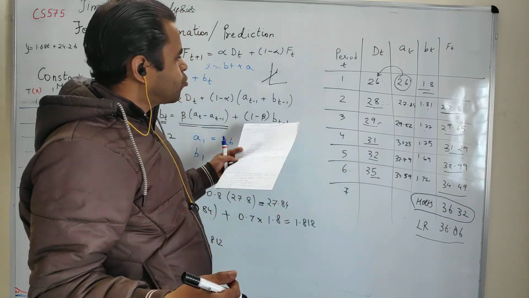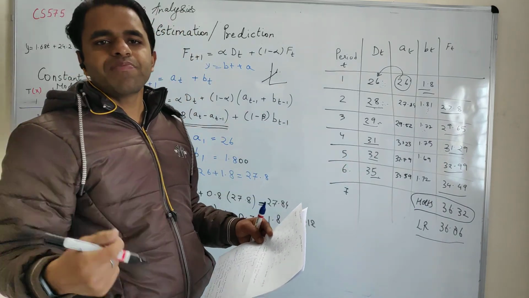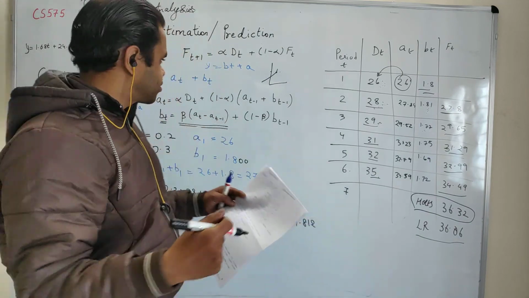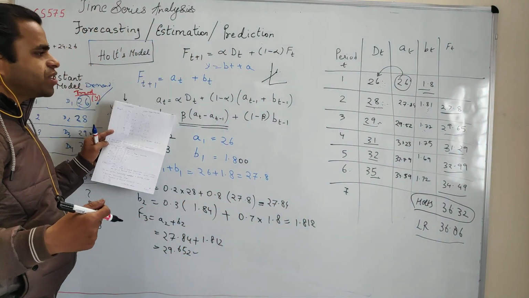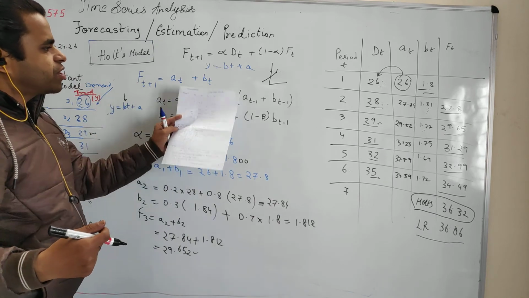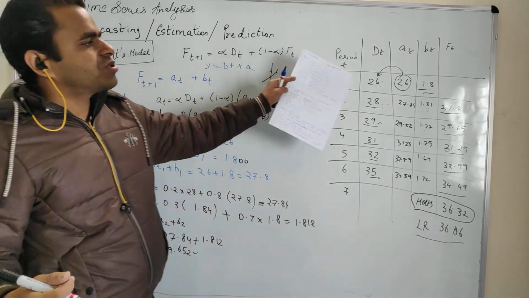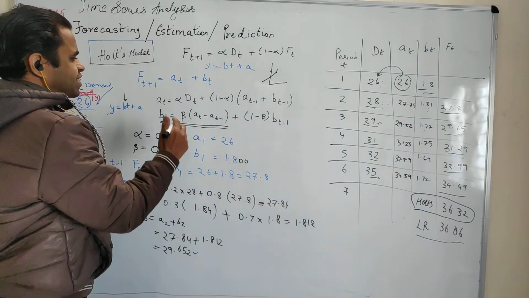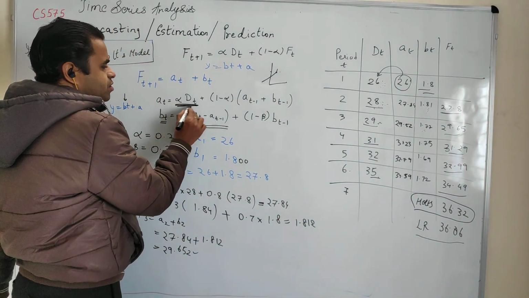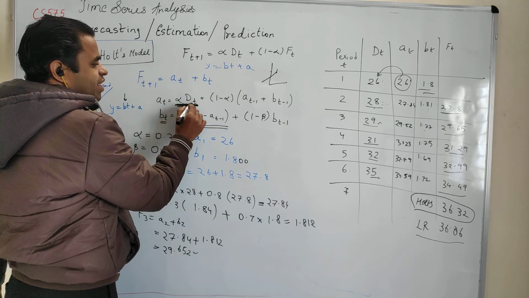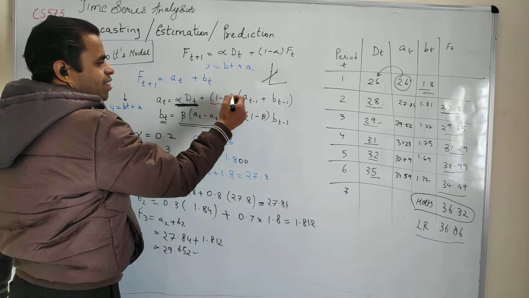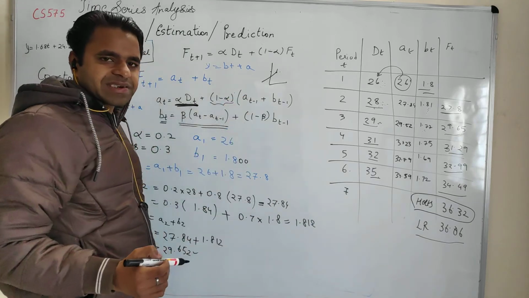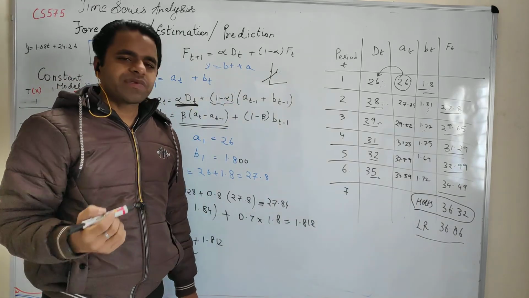So again, if you see Holt's formula, it considers every point in the data set. Second thing, it assigns progressive weights. So just like exponential smoothing, if you expand this particular term, it will have lower weights for the older values and higher weights for the newer values. You can see that we have alpha DT here, right? So alpha will assign a higher weight to this. As we know, this value keeps on reducing as the exponent increases here. So that's about the Holt model with an example.